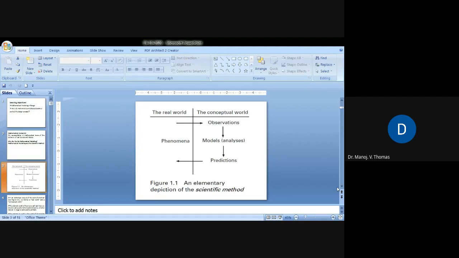That is why this is actually something like a loop. Again, it comes back to the real world. From the real world, it goes to the conceptual world, where we'll have the model, the evaluation of the model, and the verification of the predictions given by the model. And if it is okay, we'll go with the model and we will construct it, that particular mobile phone, that particular tire, that particular design.